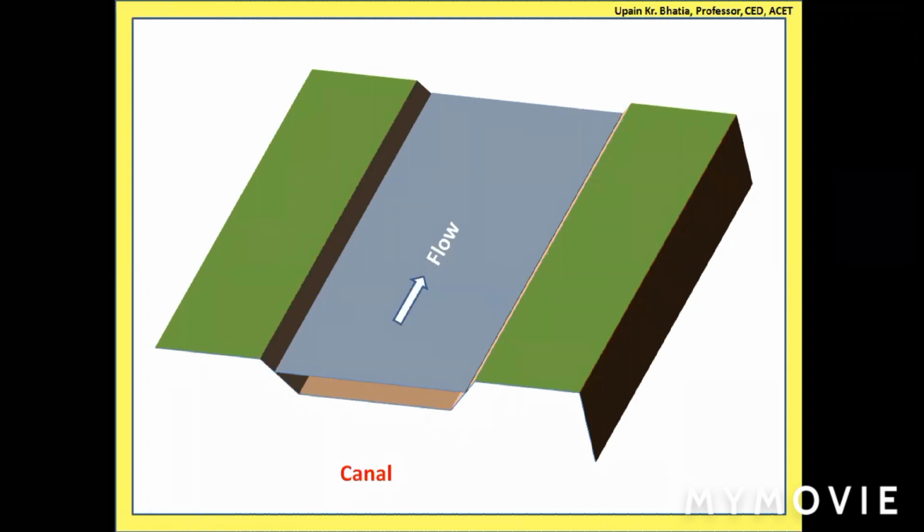Okay, for this, let us see, this is the top view of the canal. This is the bed width, this is one side slope, this is the other side slope, and the adjoining area shown as green is the natural ground level. So this is the excavated portion of the river canal. If this is the canal, let us say that water is coming from the left hand side and going to the right hand side.